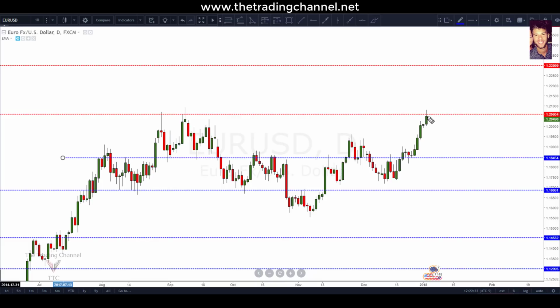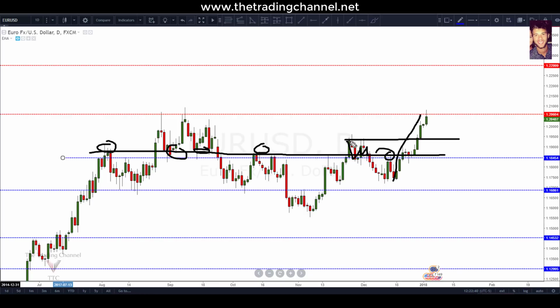What are we looking at whenever it comes to support? Well, if the market pulls back down, this level in here seems to have been respected multiple times. As you can see, resistance, support, support, resistance, consolidation in that area, resistance again, and then the market broke above it. Well, since that's the case, we can look really around this resistance level all the way from there down to the